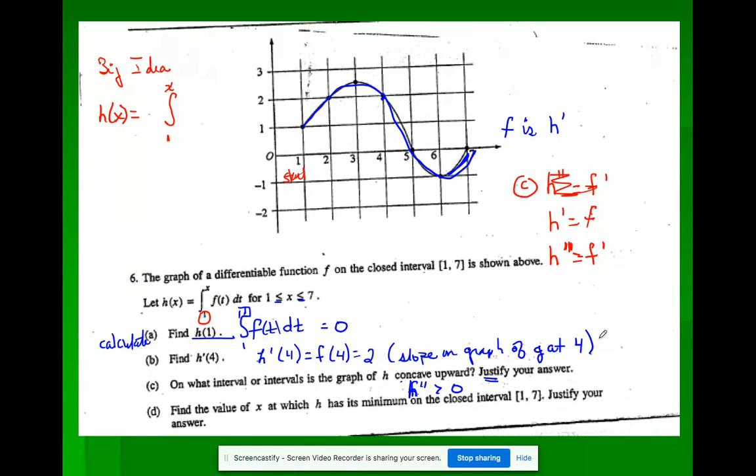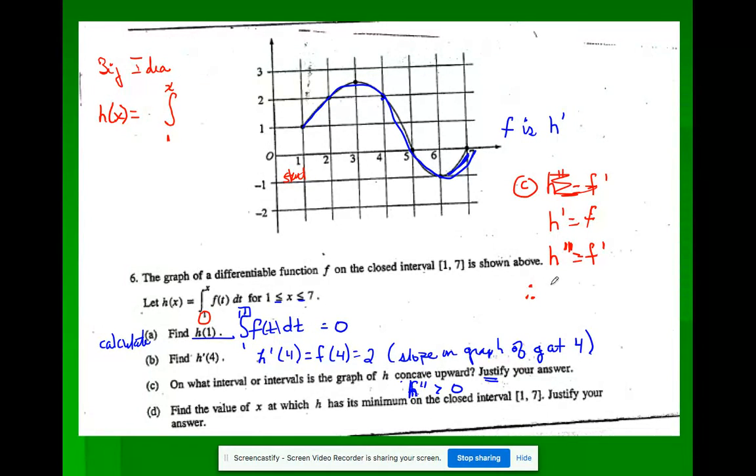You can write it fancier than that, but you don't have to. Also, in any one of these problems, if you have stated the fundamental theorem once, you don't have to keep stating it, but you need to justify each separate thing. I hadn't talked about the first fundamental theorem yet, so I hadn't had to justify anything. So I said, first fundamental theorem, h prime is equal to f, which means h double prime is equal to f prime. Therefore,